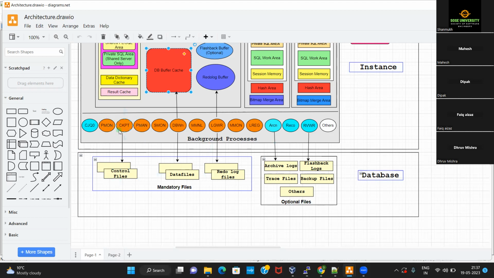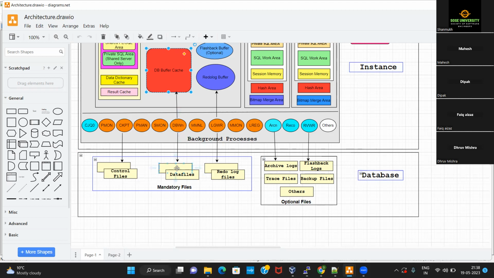The checkpoint background process. What the checkpoint process also does is make a signal to the DBWR background process to write the dirty buffers from the database buffer cache onto the data files.